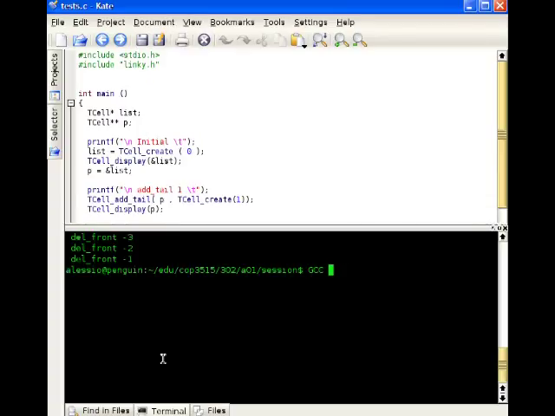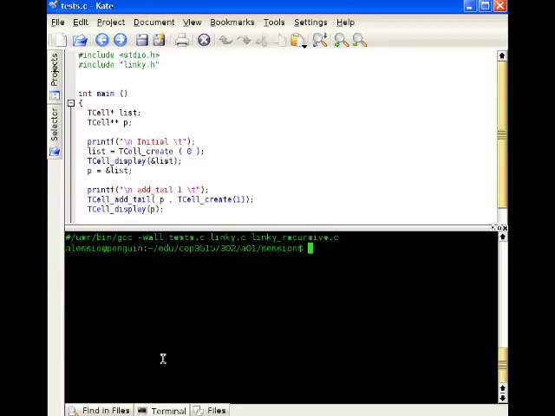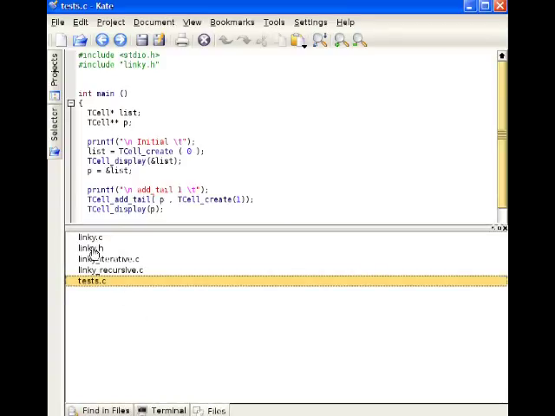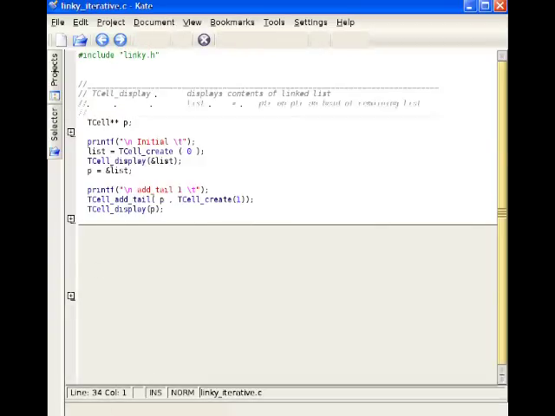So let's go for compiling. We can choose recursive or iterative, it doesn't matter, since we didn't really do anything significant in those files. Compilation is okay, so syntactically this first function is compiling okay, and we are going to wait to implement the next one as well, the tcell display, to be able to start testing things. So we are going to prepare ourselves by going into the linky iterative.c